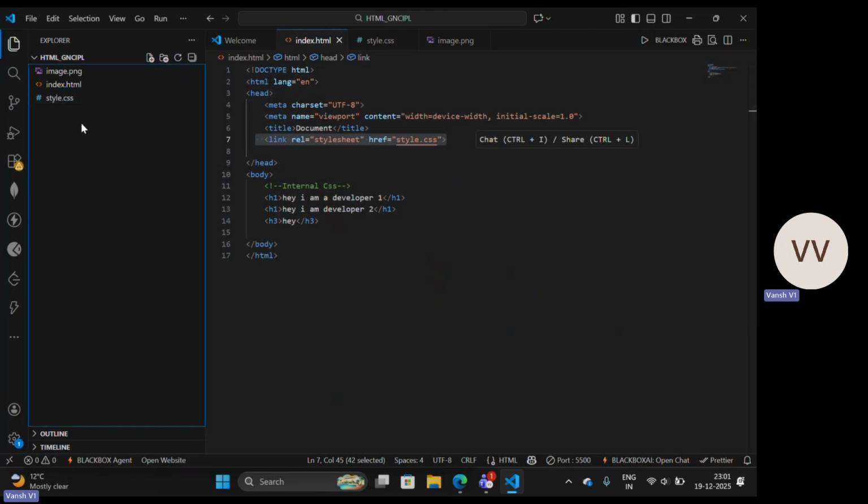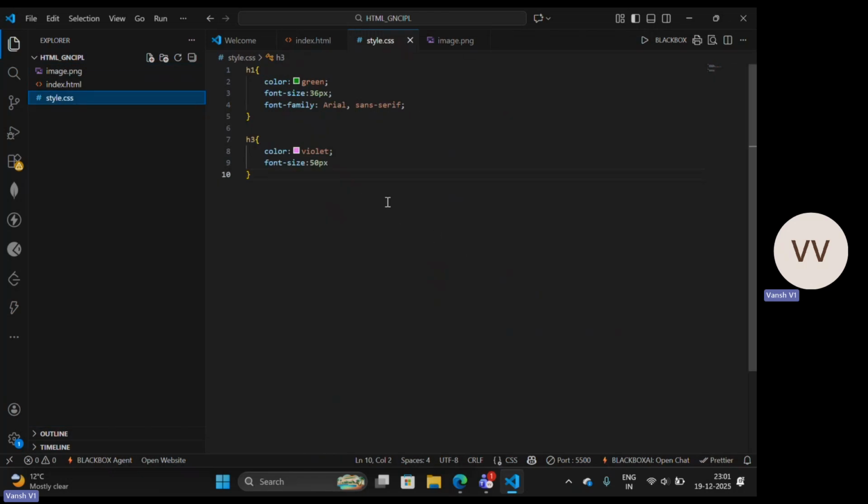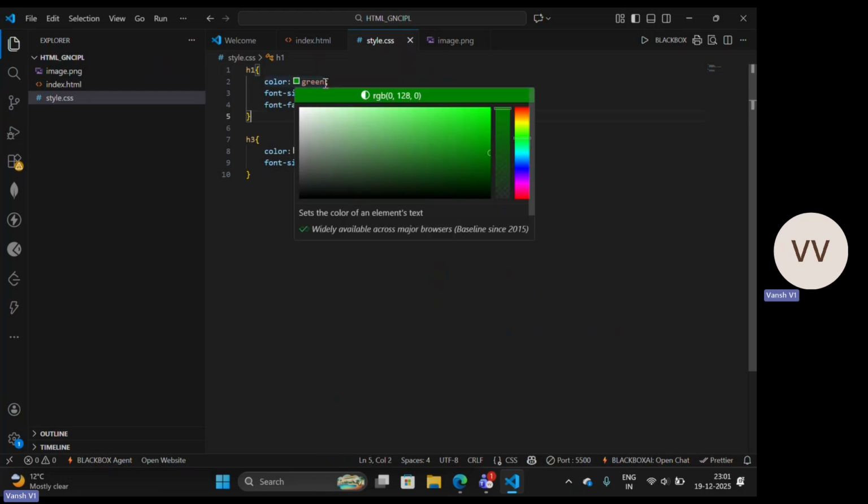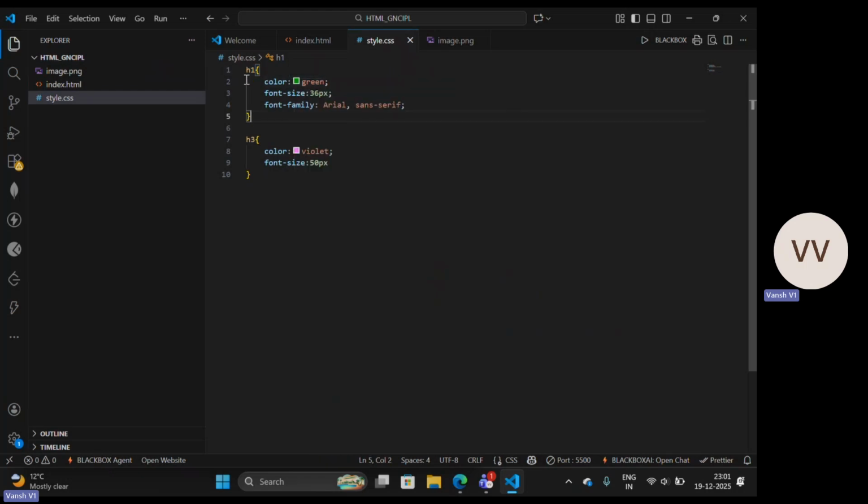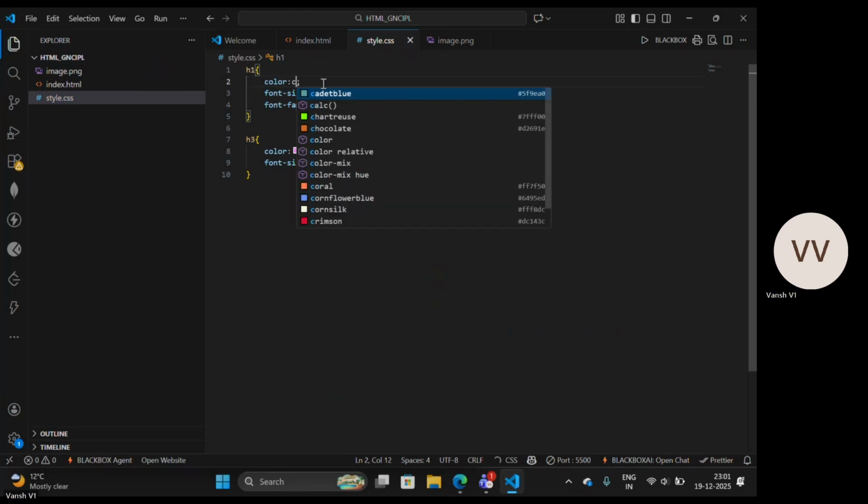Code is clean. Why is code clean? You can see for styling only you are creating a separate file. So any user who has an idea about the styling part can see the code, that for the h1 tag you are doing this much styling. If they have to change something, they can target a particular element, and accordingly if they have to change the color, they can change it from here. So it is very good for them to